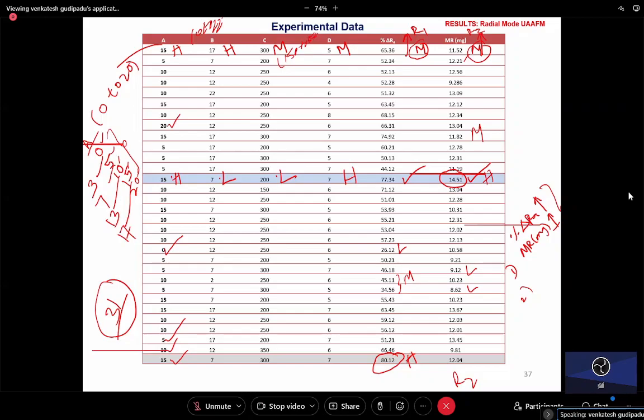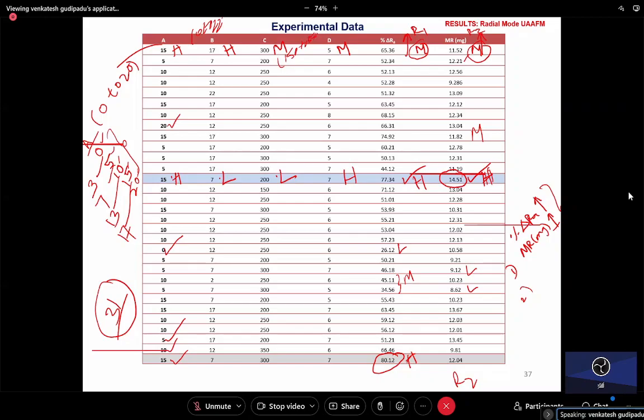Then the output prediction rule is that the obtained R1 will be high and R2 will also be high. So if A is high, B is low, C is low, and D is high, then your obtained output will also be high. Similarly, you need to write the number of rules,